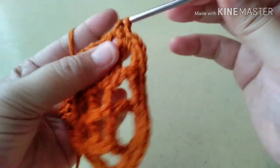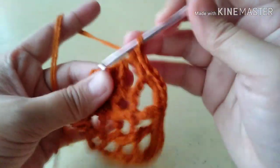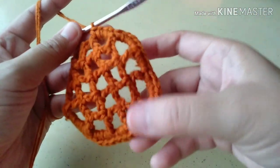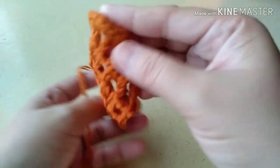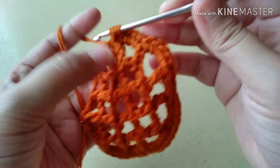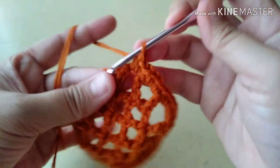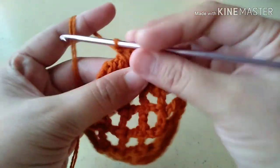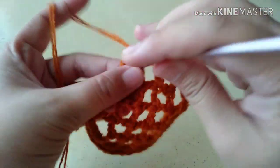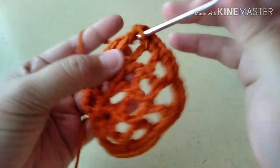1, 2, 3, and 4, and then across this one we have 3, so we're going to work 3 single crochets in here, and then across this one we have 4, so we're going to work 4. 1, 2, 3,